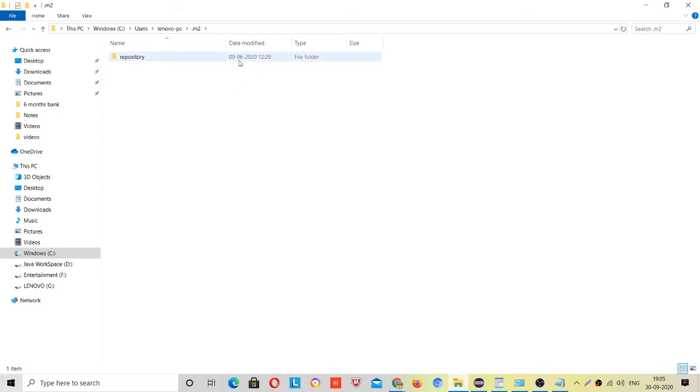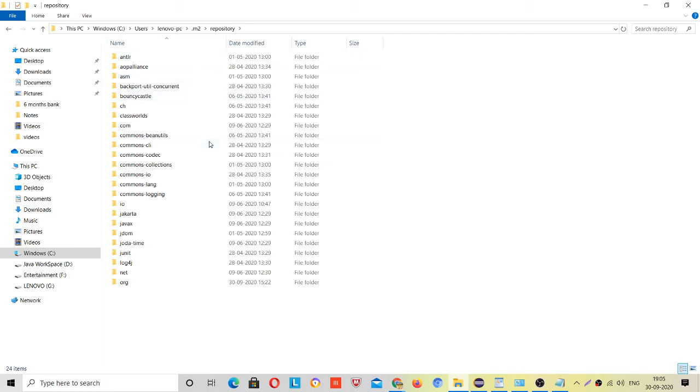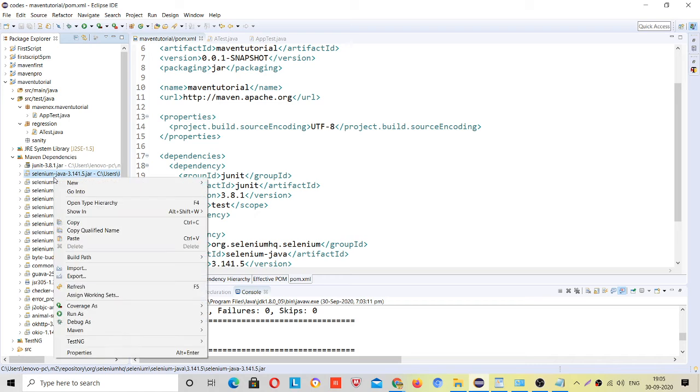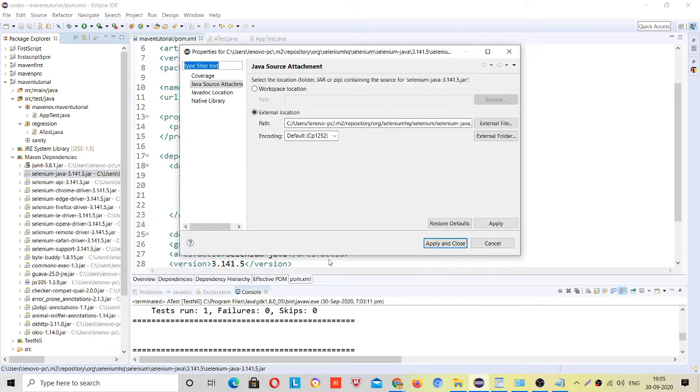And inside the .m2 folder it creates a repository, and it stores it at the local level. If you want to check your Selenium jar, right click, properties, and go to this path: repository, org, seleniumhq, selenium java, selenium, and you can go to the path for the particular file.